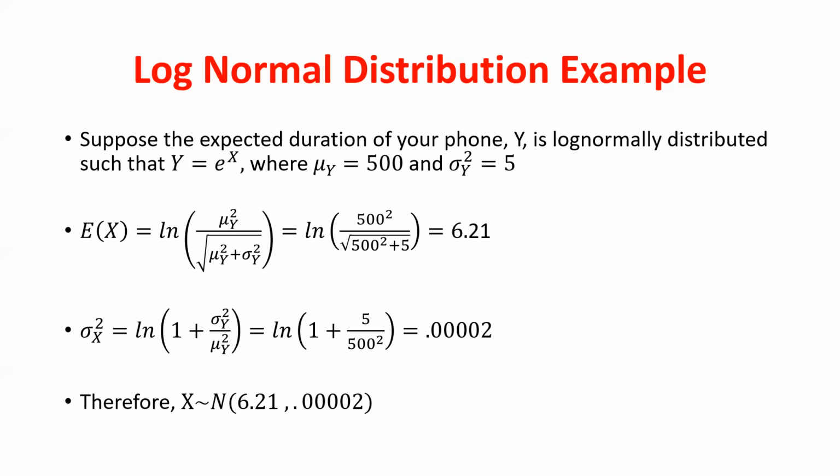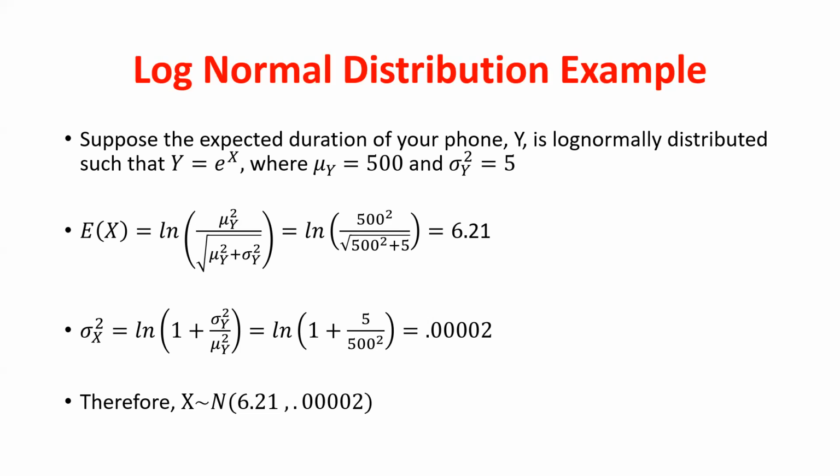Well, I know that the natural log of y is this normally distributed variable x with a mean of 6.21. Was there 3 or 4 zeros? 4. And the variance of 0.00002. So if I want to find the probability y is less than or equal to 400, what I would need to do